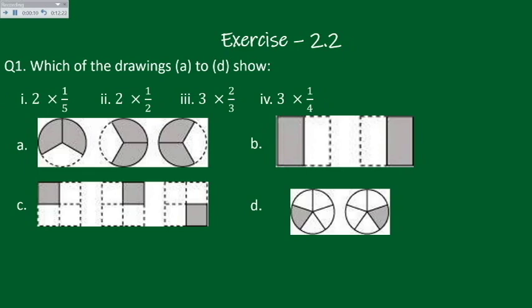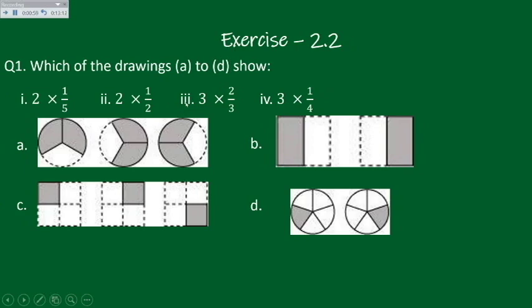See, in this part we have the question 3 multiplied by 2 upon 3. So definitely after seeing this 3 we need a total of 3 figures. Okay, so here we have 3 circles and here we have 3 squares, in which 2 parts are shaded out of 3. So it contains 2 parts shaded and a total of 3 parts in each. Does the other have the same? Here we have 1 shaded part out of 4. So this figure does not match this criteria. So our answer is A.